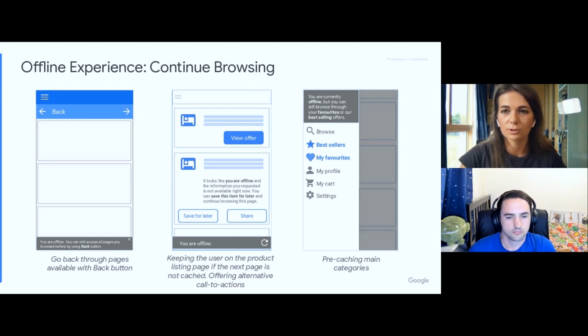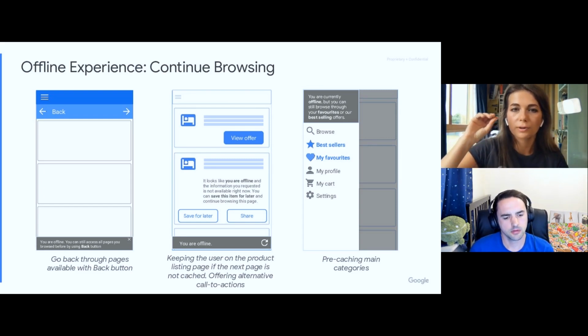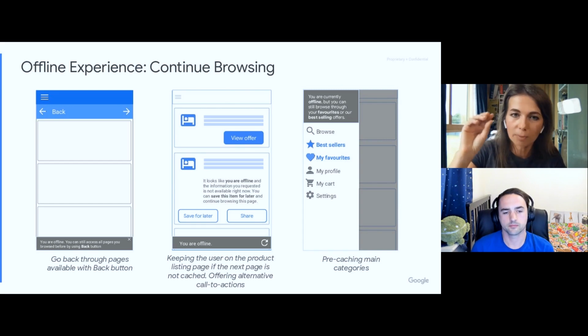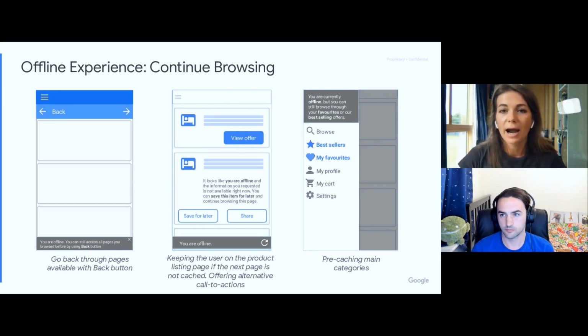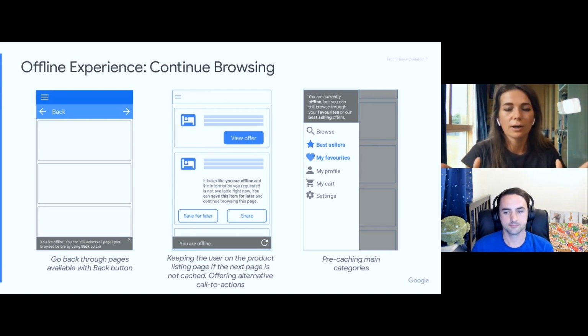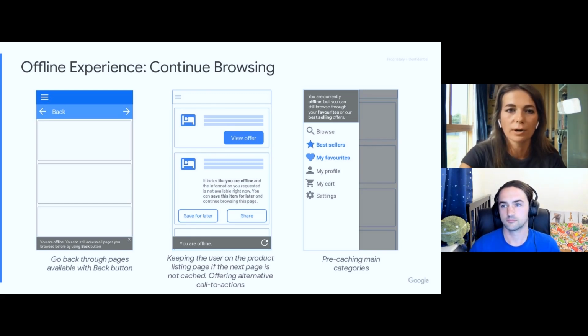And here caching can be used to allow users to continue browsing some content when they're offline, and you can use pre-caching in order to make available for users some key sections of the website, for example, the top categories or a wish list. And then you can also use runtime caching to make available any previously viewed page, right? But in this case, you just need to make sure you're talking to the user clearly about what is available and how they can navigate through this, right? And where they can find it.